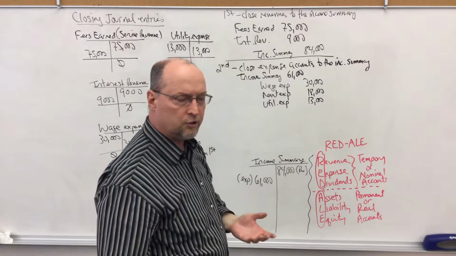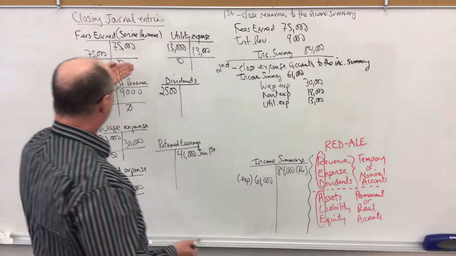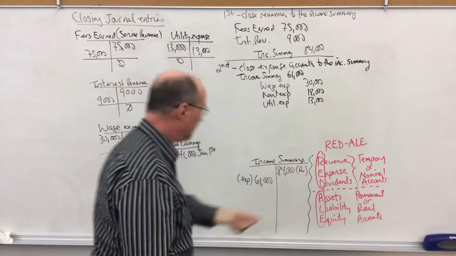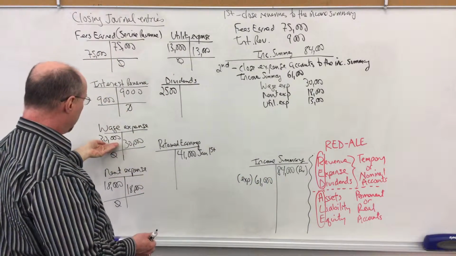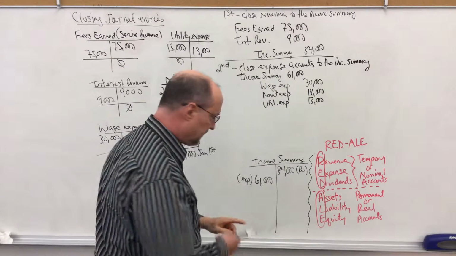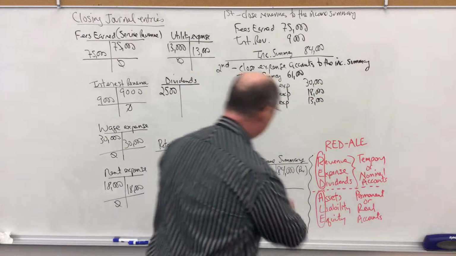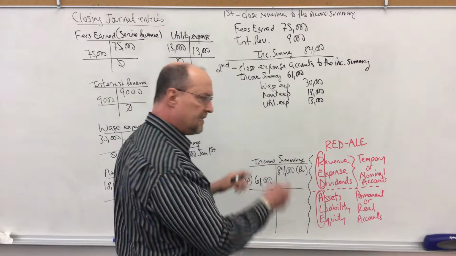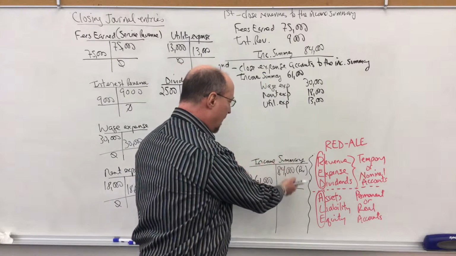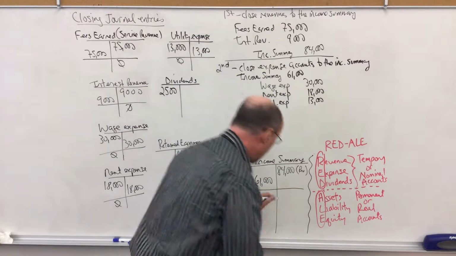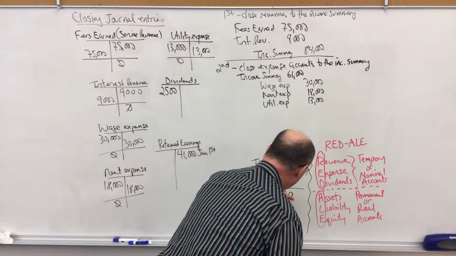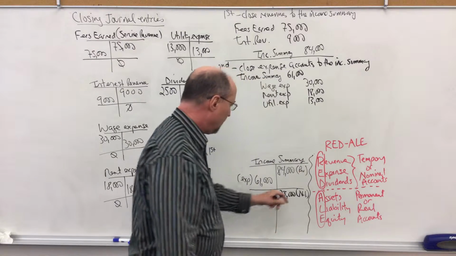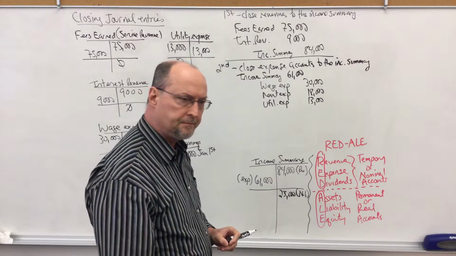Okay, and the way I like to describe it is, think of it this way: I took the credits out of the revenue accounts and I put them over here on the credit side, and I took the debits out of the expense accounts and I put them here on the debit side. Now, I have revenues of $84,000. I have expenses of $61,000. Remember, in T accounts, whichever side has a higher balance will get the remaining balance. This represents $23,000, and I'm putting in parentheses, NI for net income. We had $23,000 of net income.